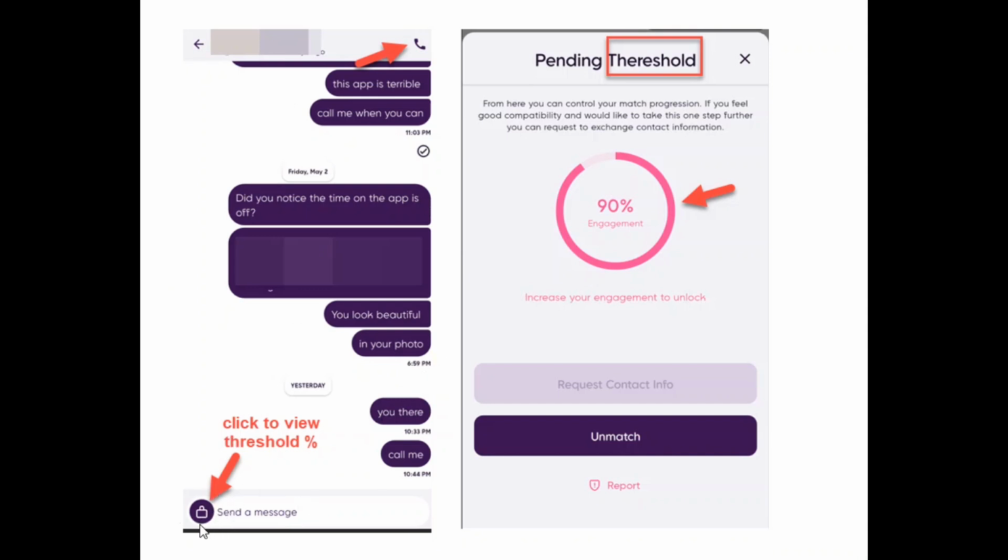While you're chatting, if you click on this, it'll let you know what your pending threshold is. And as you can see, there's a spelling error here, but I had to point that out. This 90% engagement shows that we've been communicating for some time. And because we've been communicating often, the percent increases. So as the percent increases, you have a greater chance of getting to request contact information and probably making even